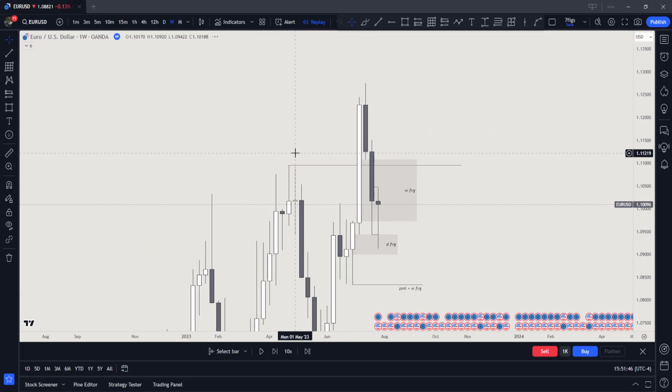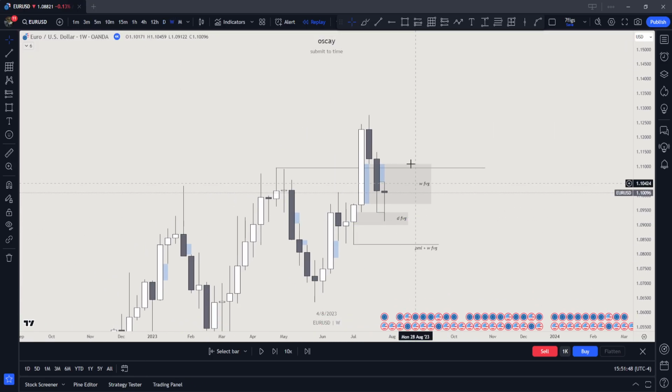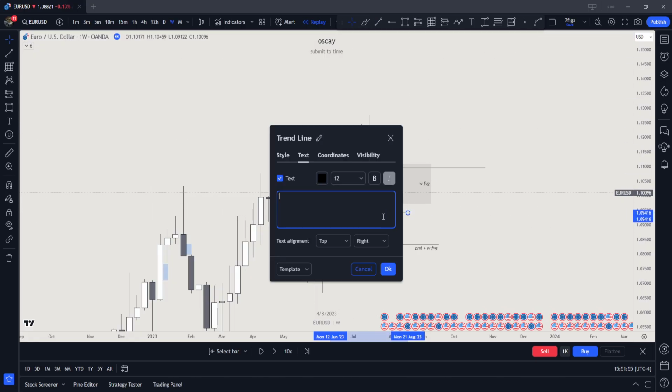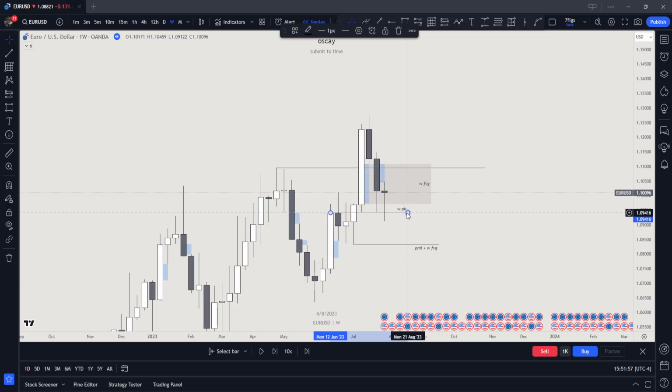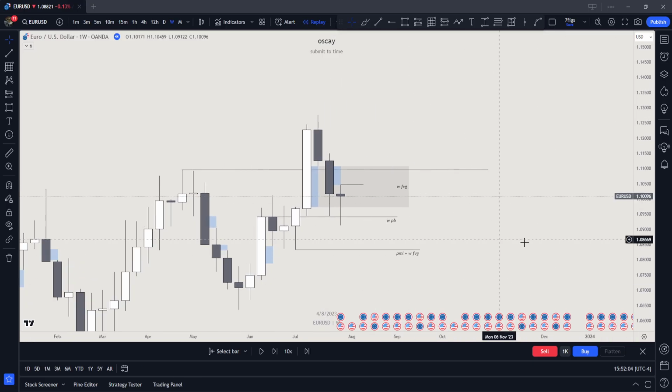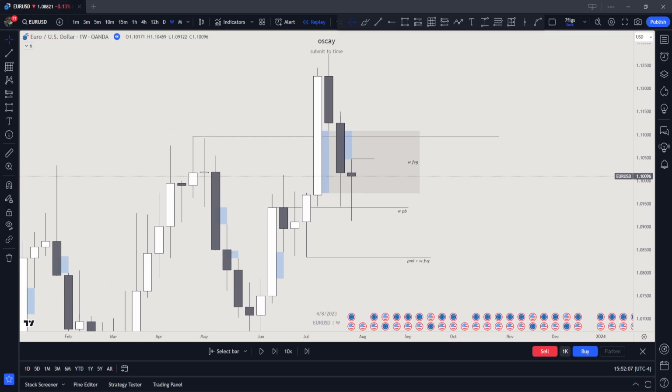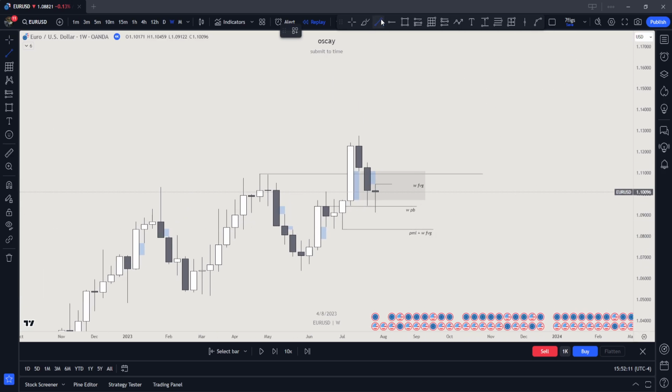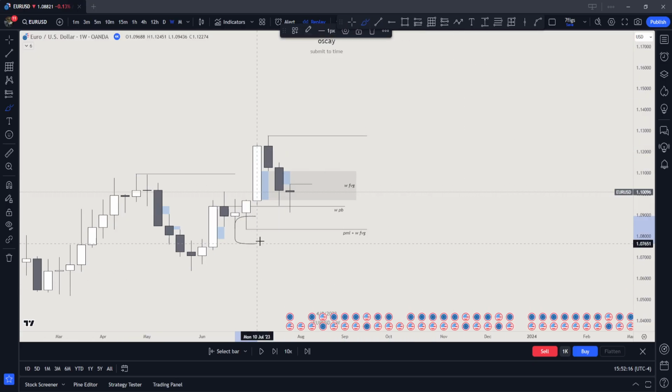Now, if we go to the weekly, we are reacting off this weekly propulsion block. We have a weekly fair value gap right here. Okay, so listen. We're going to go back through everything. We identified order flow. We identified potential draws on liquidity. If we are to go up, this is our draw on liquidity. If we are to go down, then we are likely reaching here because we failed to go up from here.